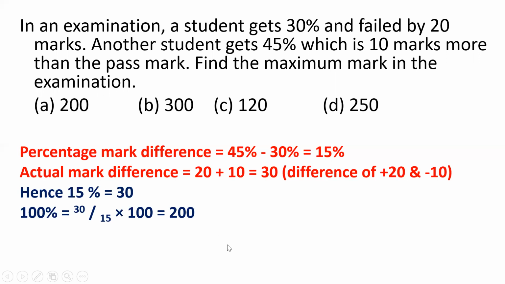Many questions on profit and loss, simple interest, compound interest will be solved by this approach. What percentage is equal to how much exact number is given, so that we'll be getting our 100% or required percentage. In profit and loss, we'll take the cost price as 100%. In simple interest and compound interest, we'll take the principal as 100%. I hope this concept is understood.